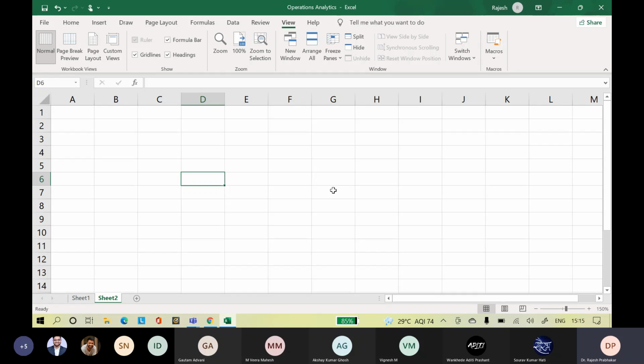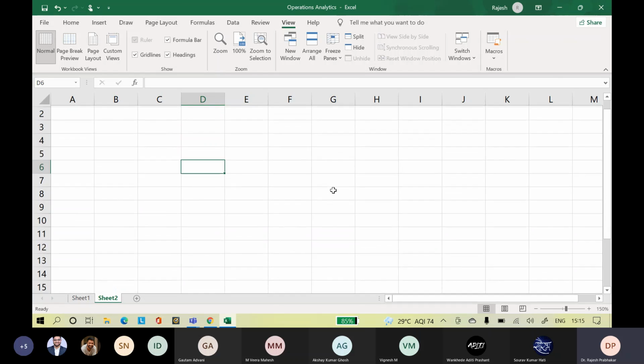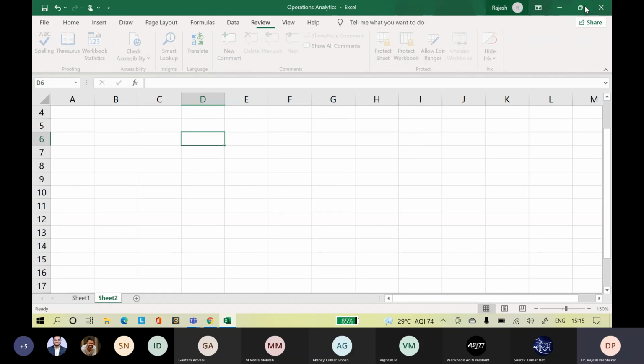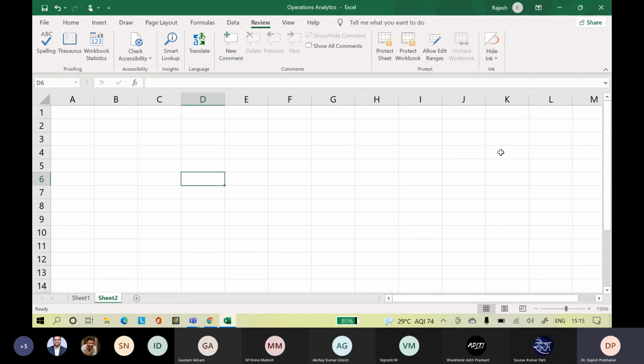So that is a combination of methods which we use in operations analytics, where we have a range of software, right from R, Python, MATLAB. You have basic Excel with Solver. All these software are available, which will help us to understand the operation analytics part. So we will start initially with Excel, and then we will slowly migrate into R or Python. Let me see which one is easy for you to understand.